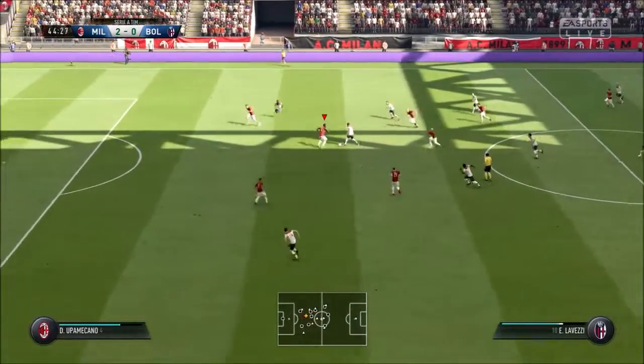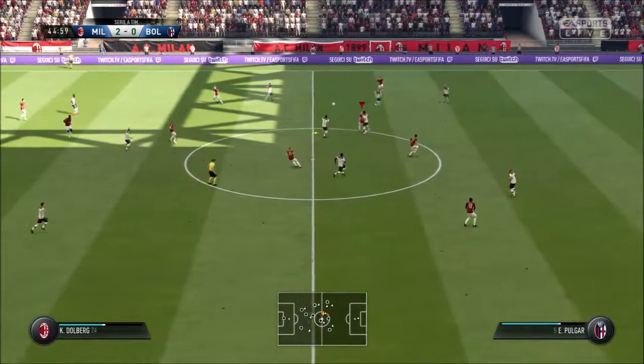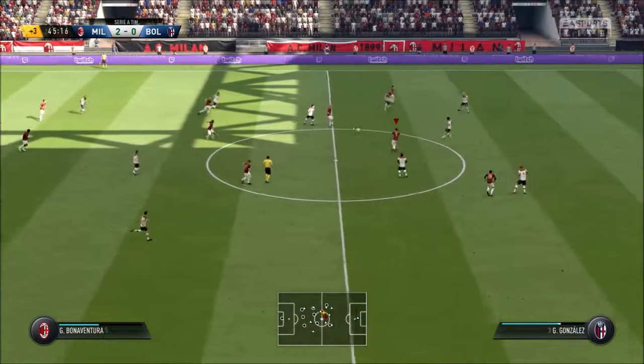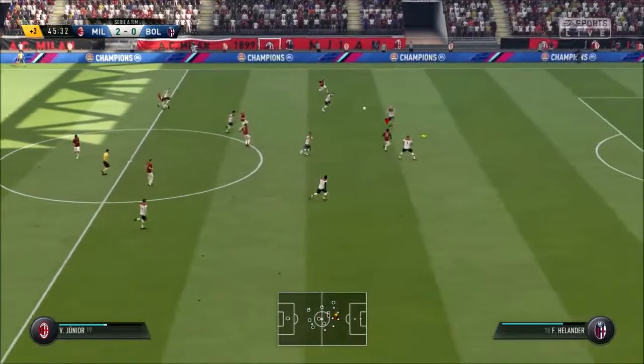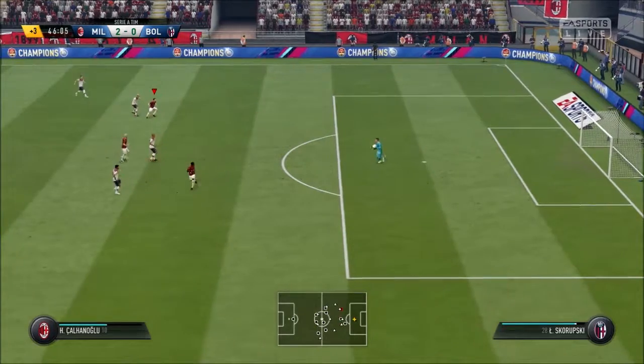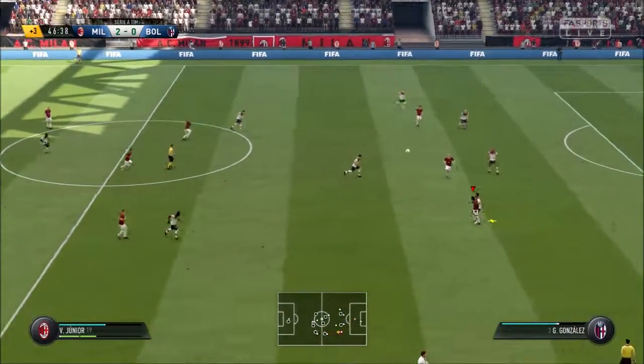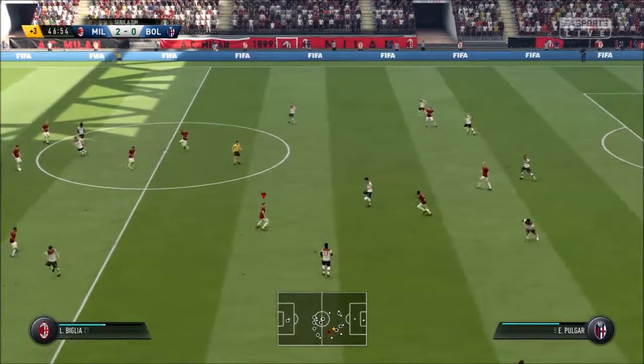Orsolini again, finding Lavezzi, but Upicano does get a foot in and clears it. Fortunately, Dolberg could not win the header there, but Bonaventura tries and dinks it up to Vinicius Jr., but unfortunately Bologna do get a foot in here, and their keeper tries and punts it upfield. We do win the header there, but unfortunately not the second one,